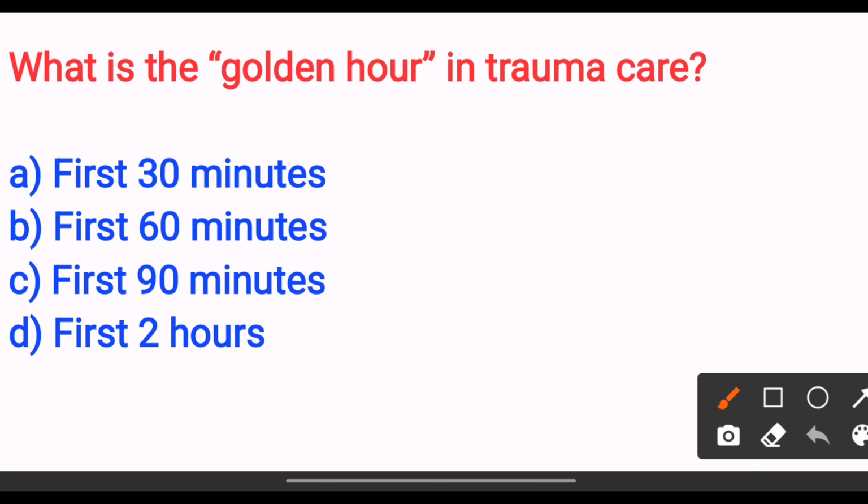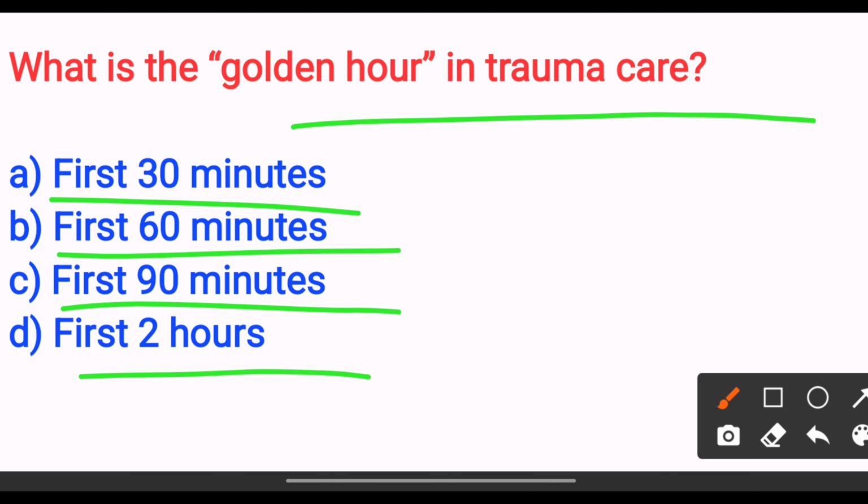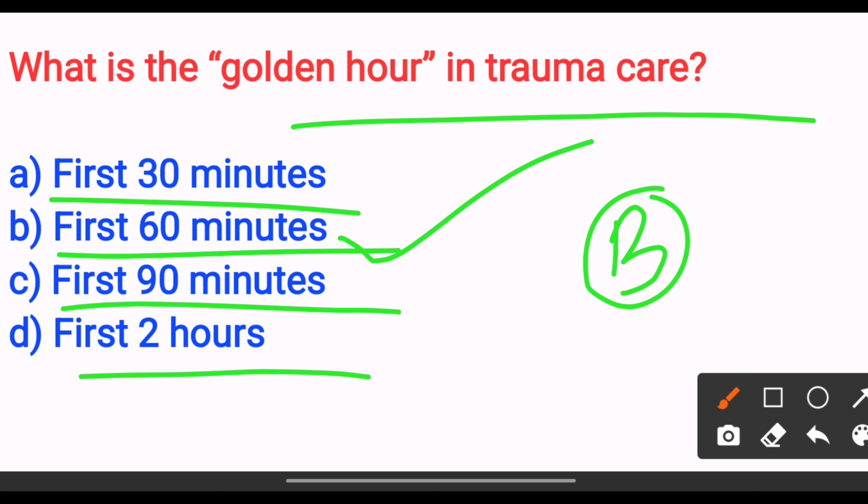What is the golden hour in trauma care? Option A first 30 minutes. Option B first 60 minutes. Option C first 90 minutes. Option D first 2 hours. The answer is option B first 60 minutes or 1 hour is the golden hour in the trauma care. Next,